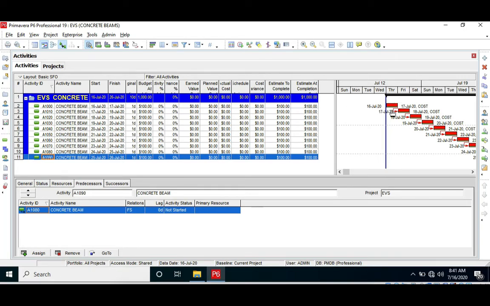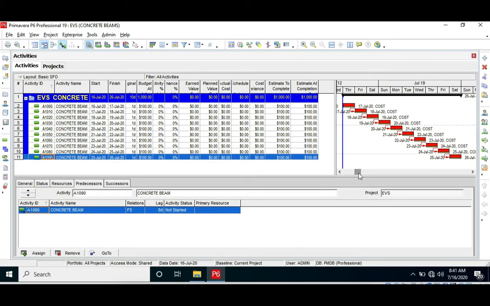Notice something before I make other steps. You will notice that the planned value, the budget at completion, is going to be the same as estimated to complete or estimated at completion cost, because there are no updates of the project. If we start updating the project at this moment, we can compare with the planned project that we have. So to do this,